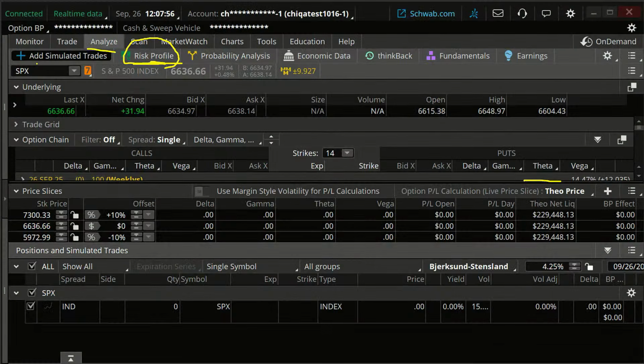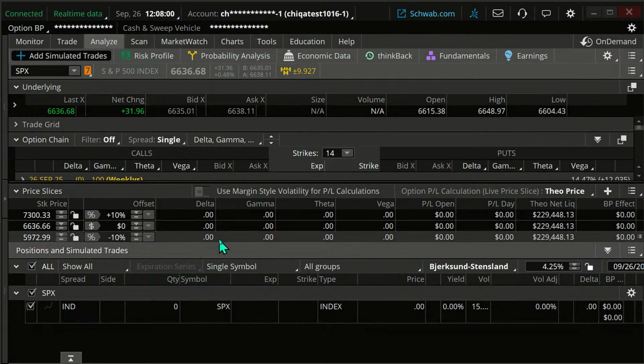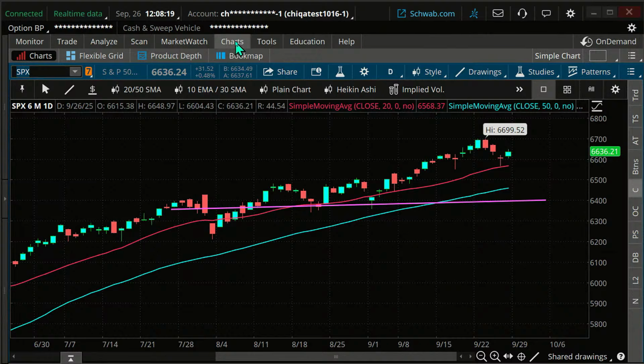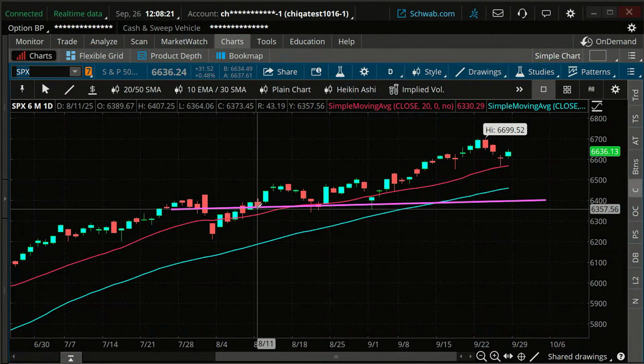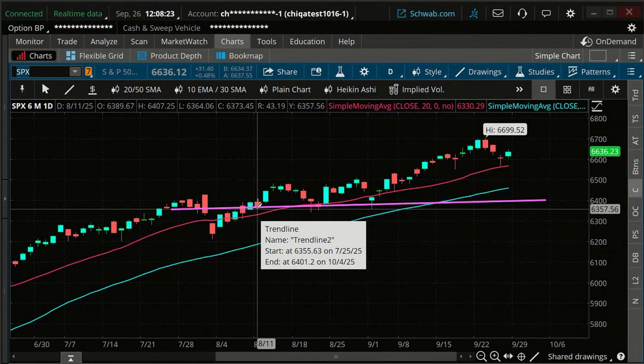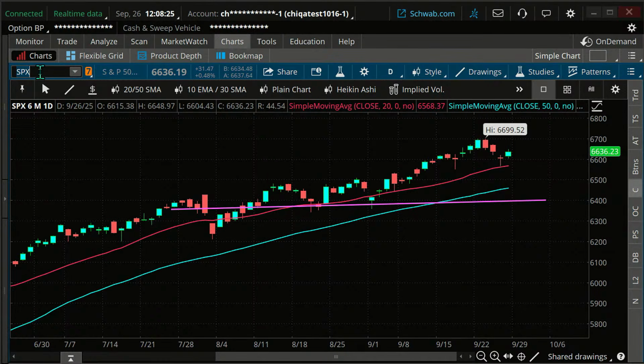And in the process, we're going to look at some potential trades. Now, I know you guys are going, this is an advanced options class. Brent, why are you going to start off with just a plain long call? Normally, I don't do that in this class, but I want to simplify this just at the beginning. We'll get to multi-leg options trades in just a little bit, but I just want to show you the basics of how the risk profile tab works.